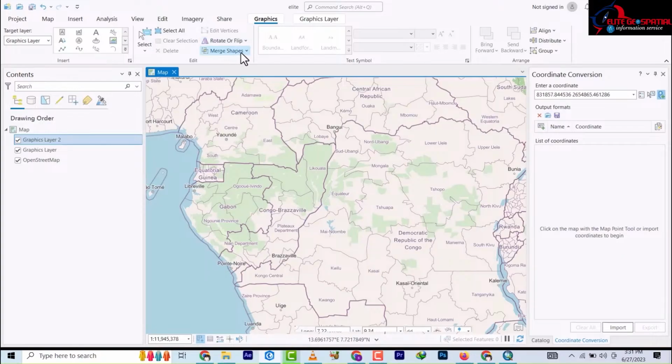You know, the rotate and flip, the merge, all of them are the same. It's just a matter of improvement and all that. So last but not the least, we have something up here which we didn't touch. This is more like you open a new map document. Then this is where you're importing your map document and then you're saving your work, normal saving. Then this is undo and this is redo. Okay, so